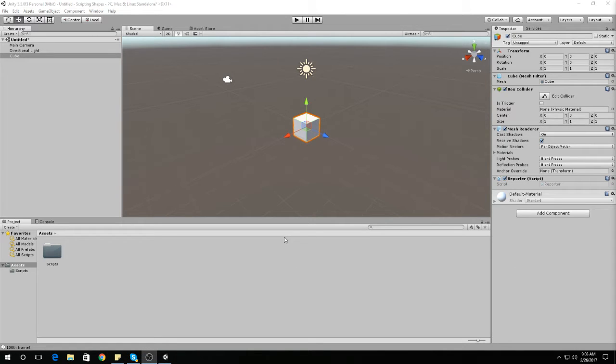Hello everyone. Today we're going to build off the scripting stuff that we learned last time. We're going to talk about how we actually access specific inputs and how we use those inputs to create certain behaviors. So let's take a look at